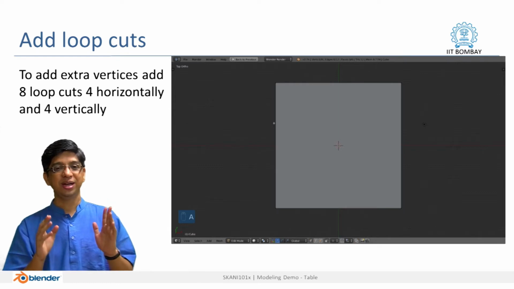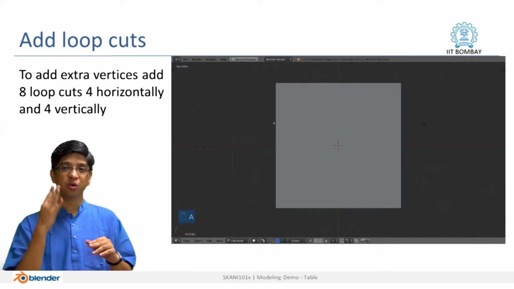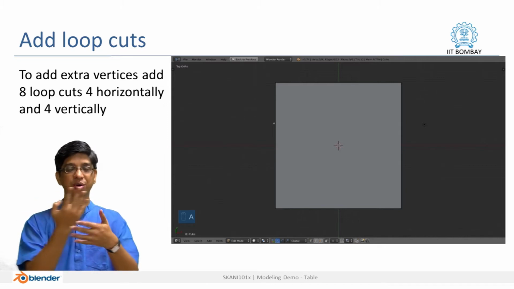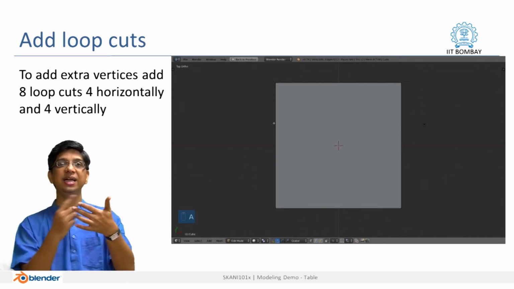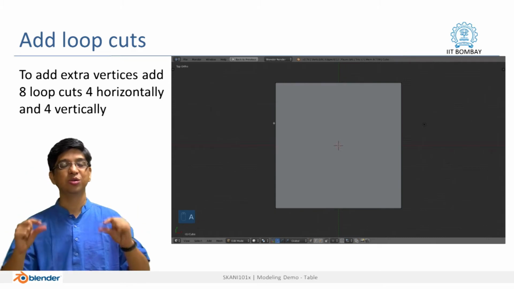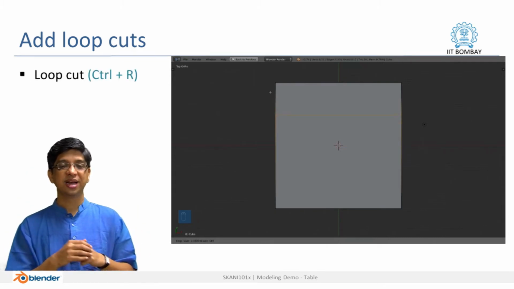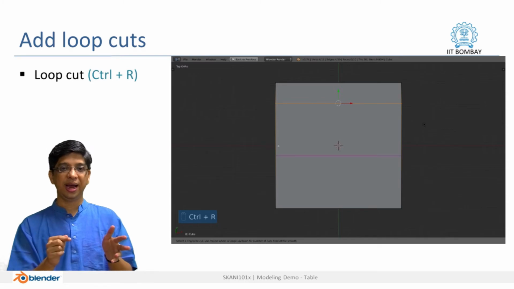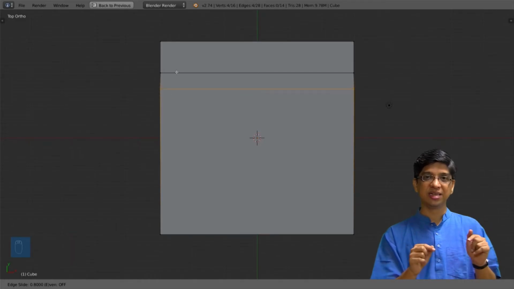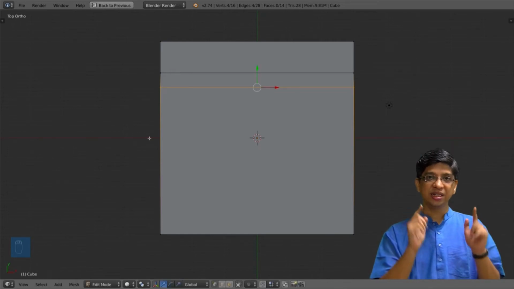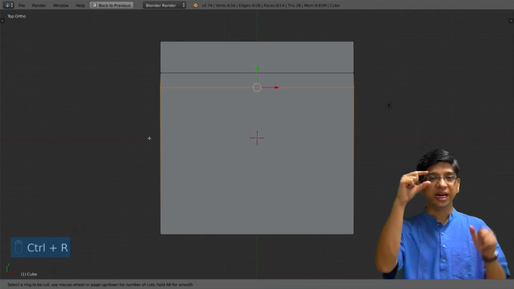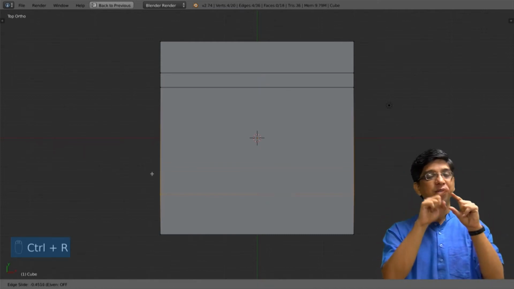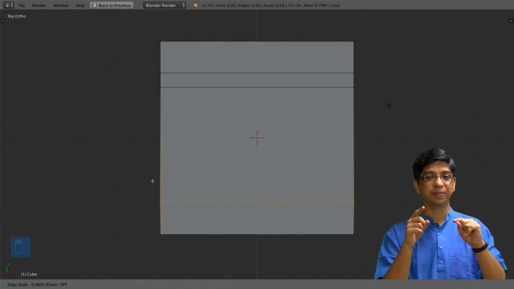Okay. So now that it is deselected, we need 4 loop cuts on the horizontal side and 4 on the vertical side. That will create the entire grid we wanted for creating those 4 faces. So let us just start with the first loop cut. Nitin is adding it on the top side by pressing Ctrl R, and when he left clicks, the loop cut is confirmed. He is adding another loop cut right now just below the first loop cut for the size of the square we are trying to put in.